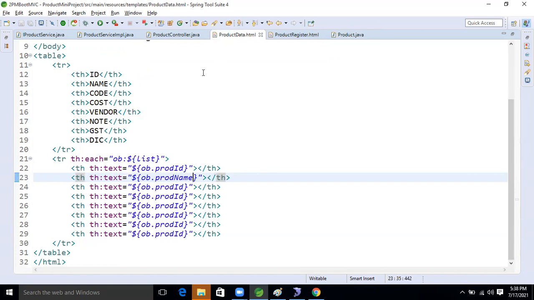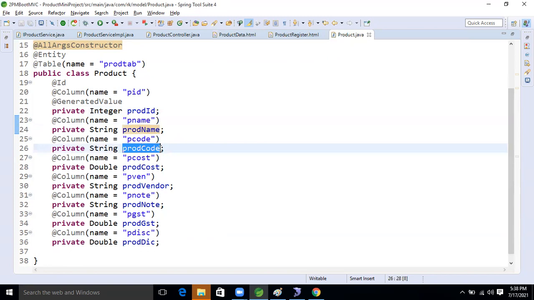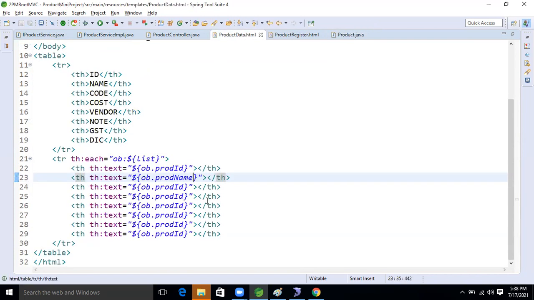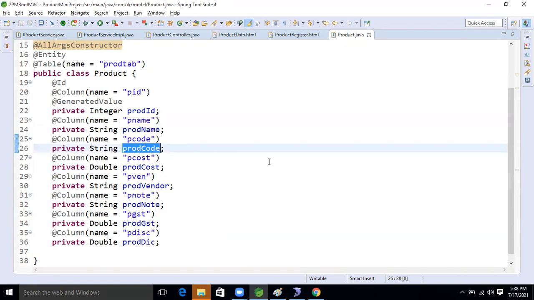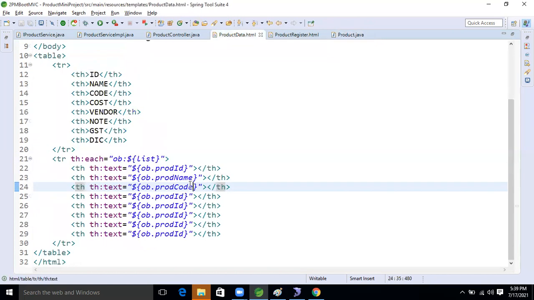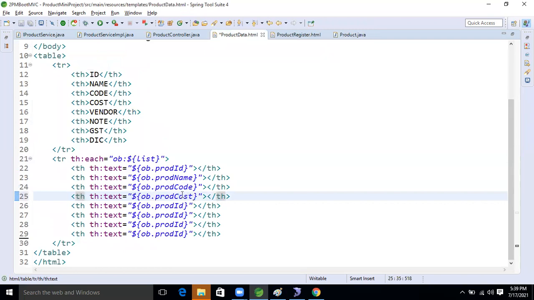Another one is product code, right? Now after that, product code, product cost, right? Copy this one, paste it.